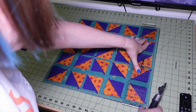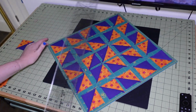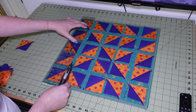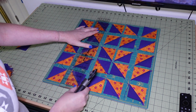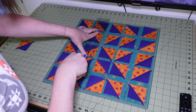Okay, so now I'm on the last one of this side, and then we rotate, and then I'm gonna do this side. So see it this way, I'm getting 25 half square triangles trimmed up at a time out of my almost 200. I picked this pattern and then, oh no,